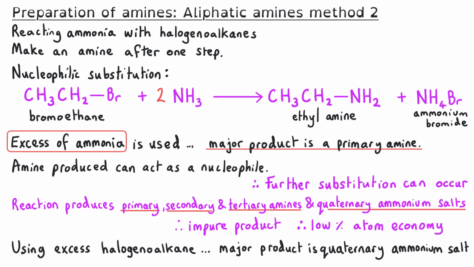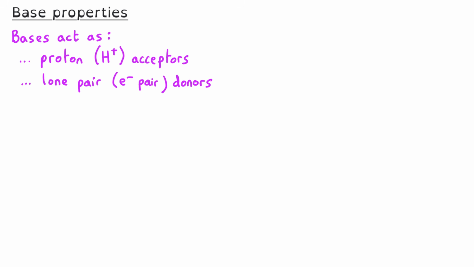However, if we wanted to produce the secondary or tertiary amine or the quaternary ammonium salt, this is the method that we have to use because it allows us to produce these more substituted amines. And we could try to prioritize the production of these amines by using an excess of our halogenoalkane instead of an excess of ammonia. One of the properties of amines that you need to know about is their ability to